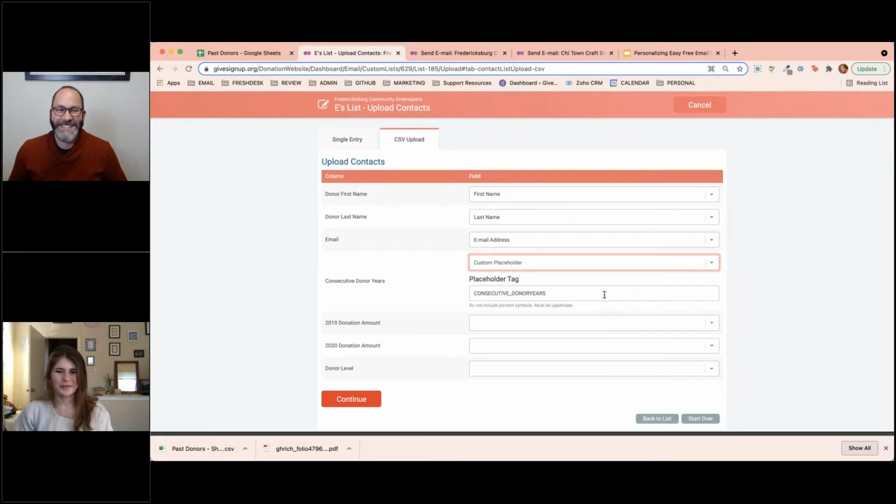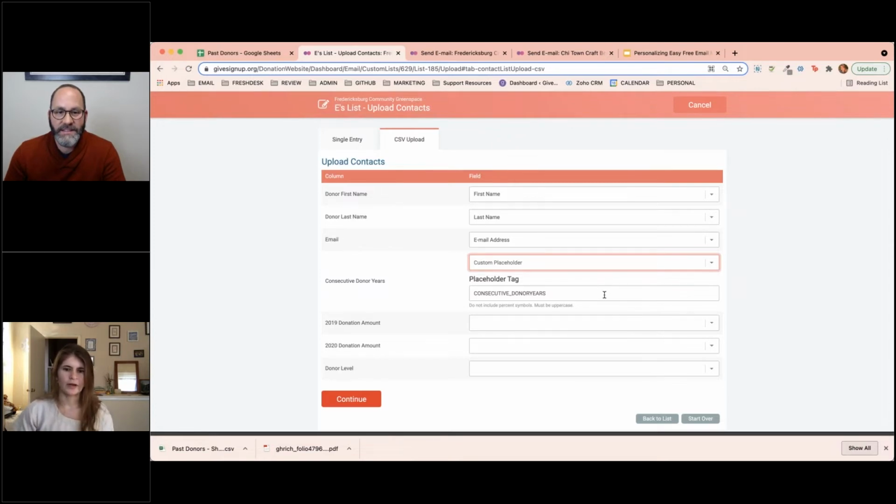And you may or may not be familiar with it. It obviously is a concept that exists in other platforms and other places. If you've used an email platform in the past like MailChimp, this concept exists. So this is essentially just a tag that will associate the data in your CSV, in this case,